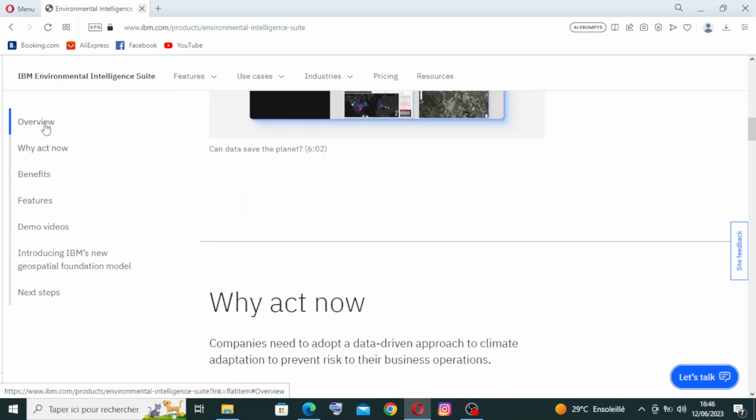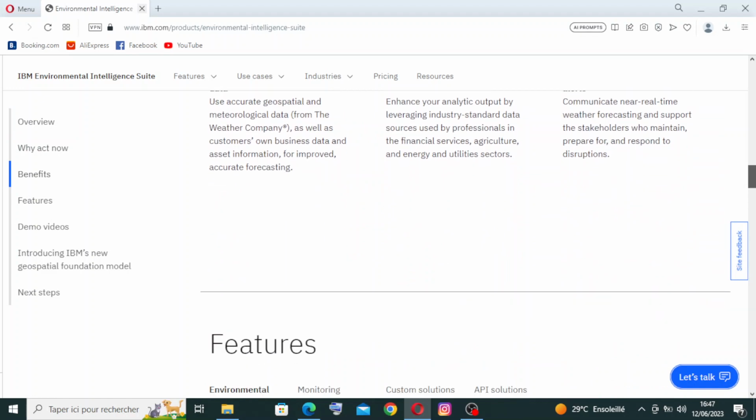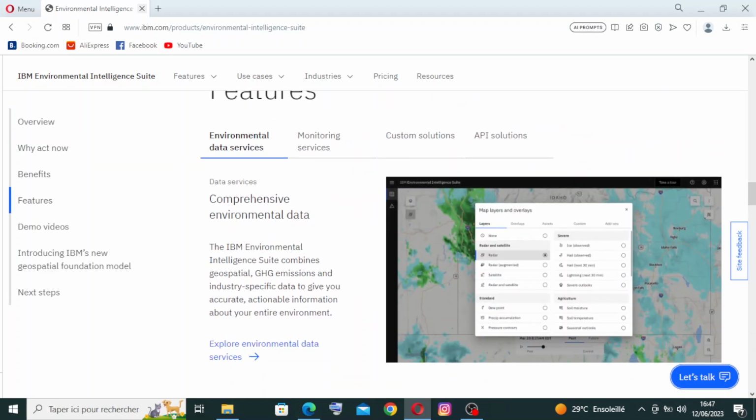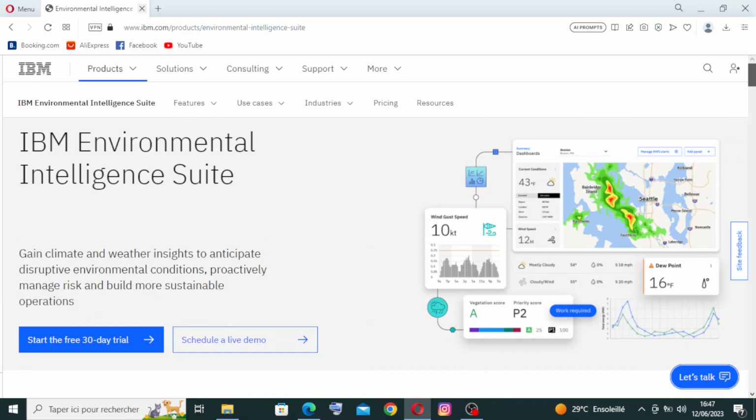You can just change what you want to know about the Environmental Intelligence Suite from here: the overview, or the why act now, or the benefits, features, demo videos, or the introducing IBM's new geospatial foundation model. There are more services present in each product that you want to look at. And also for the solutions,